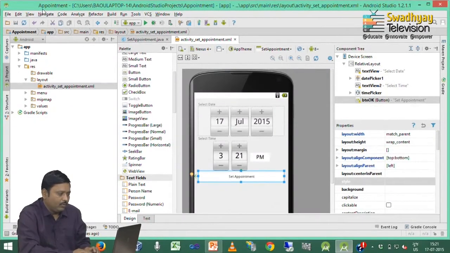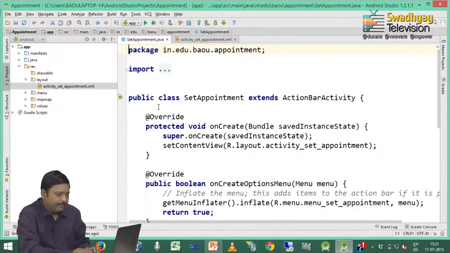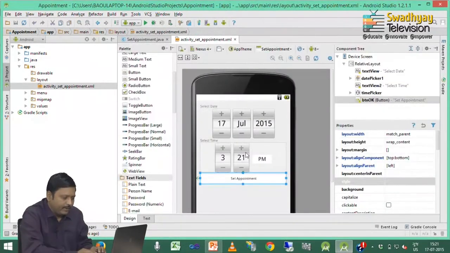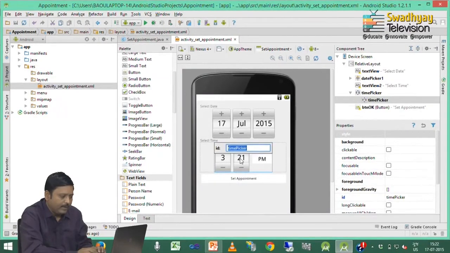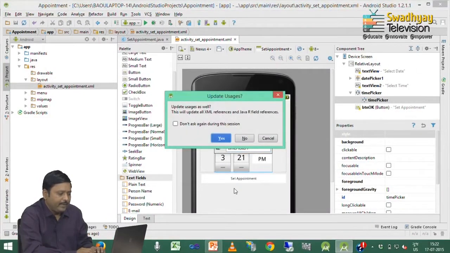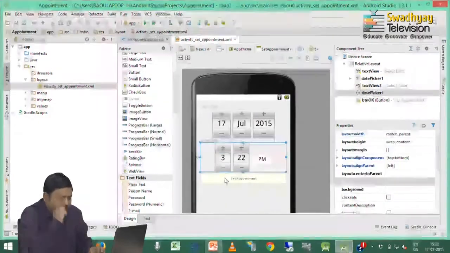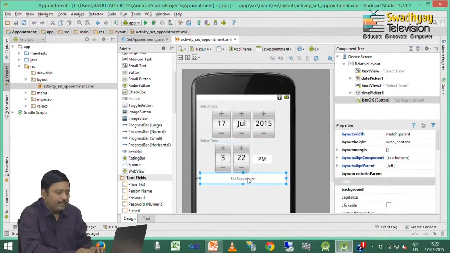Next we write down code for the same. So, here I am going to set appointment.java file and declare we have to set our time picker name. So, I double click these and set its ID as a time picker 1. Remember, date picker ID is date picker 1, time picker ID is the time picker 1 and button ID is btn OK.